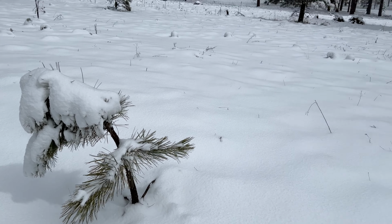For the final composition today, I've got this amazing scene here. These beautiful red trunk pine trees are kind of acting as frames for this massive tree in about the middle of the image that is just covered in snow. And what I envision for this particular image is a panoramic, a 3x1 crop, really showcasing those big trees that you